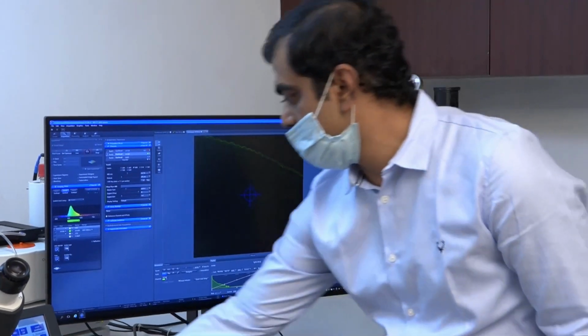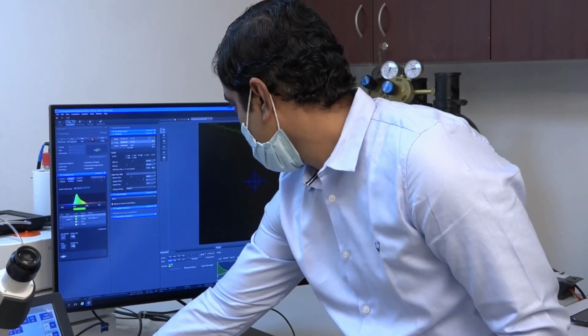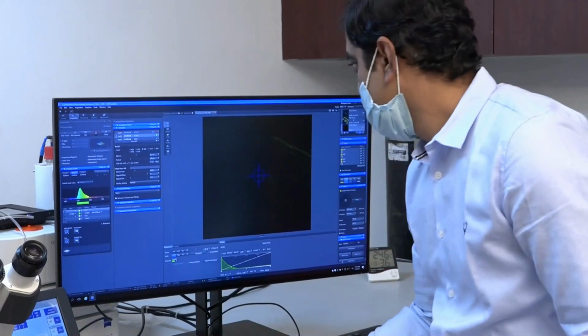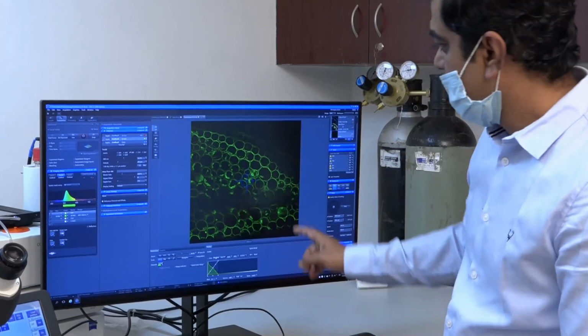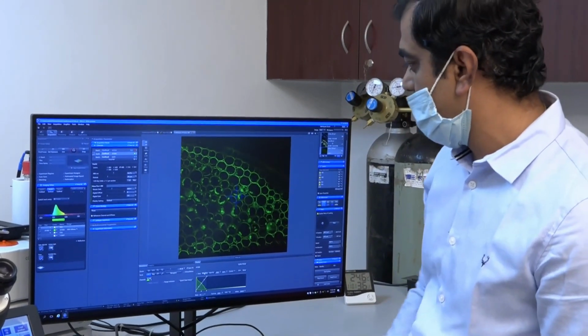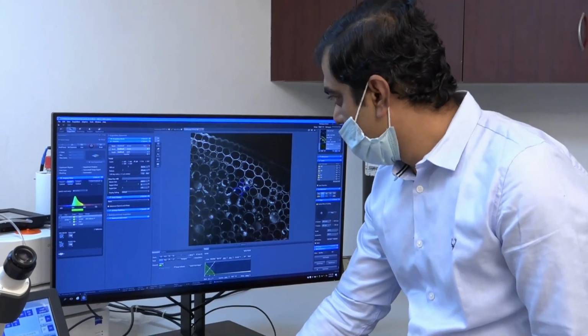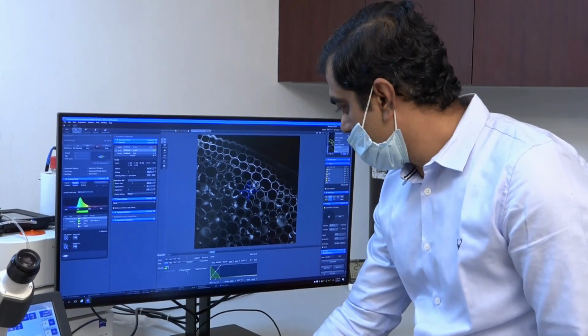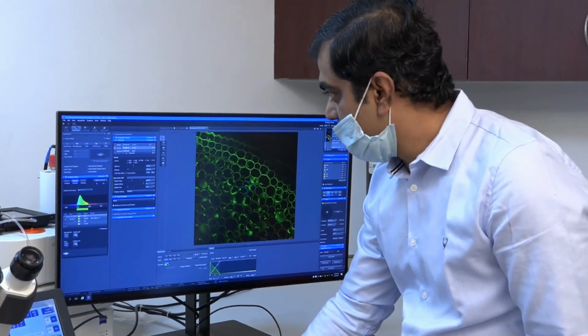So this image is also good. I'll just check the Z. Okay, and histogram adjustment, and I can see the image quality here. It's perfectly in focus. The range indicator says there are no saturation points,